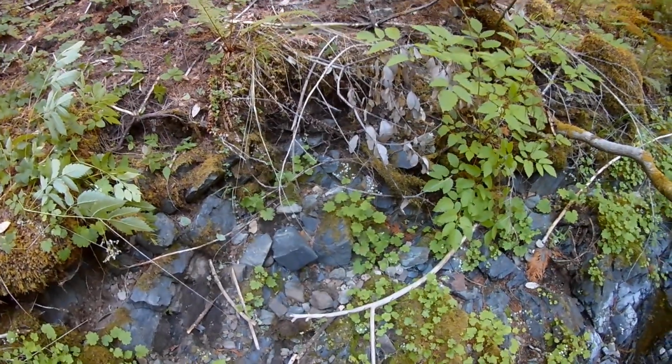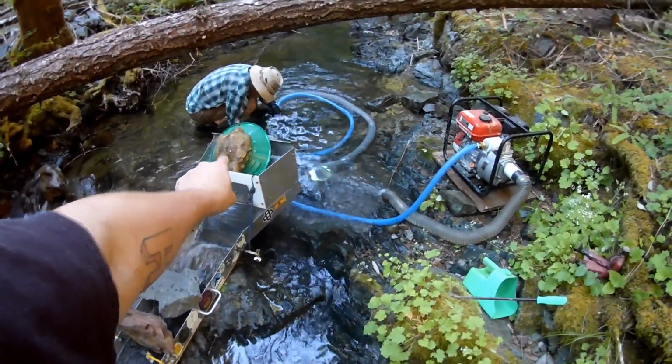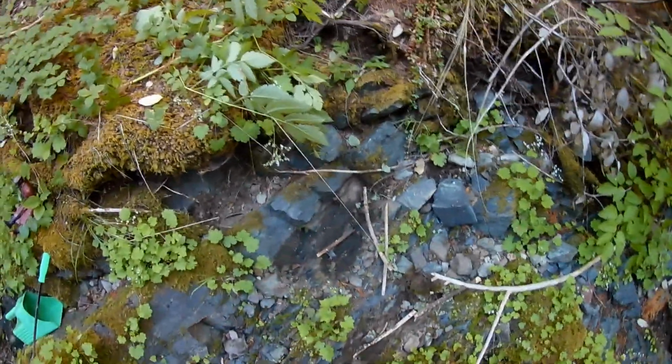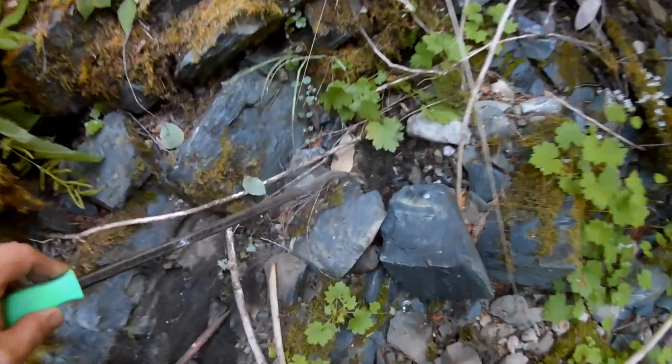Gonna have to yell over the motor here a little bit. I went to go grab a rock, because that one I got there is too big. This is just a reminder, guys, it looks like someone's already done some crevicing here, awesome. I'm getting off topic, but just be really careful when you're moving rocks around, because these little guys right here,